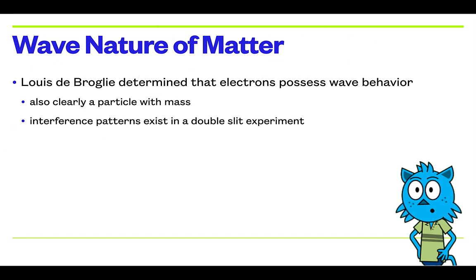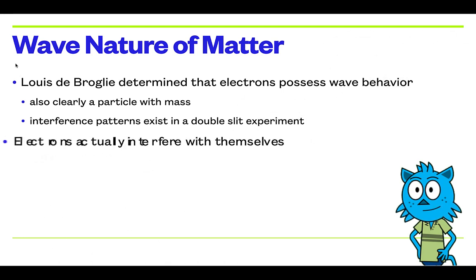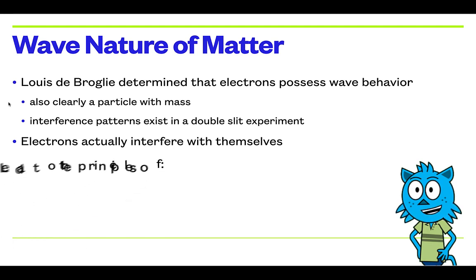The way that de Broglie saw the wave behavior of electrons is he passed a beam of electrons through a pair of narrow slits, and instead of just seeing two hits of an electron beam, he saw interference patterns, just like he would see with a single beam of light passing through this double slit. And so what they actually see is that electrons interfere with themselves, which is a very strange concept. If you take some more physics classes that explore quantum mechanics a little bit deeper than we do, you will certainly look at some of the implications of that.